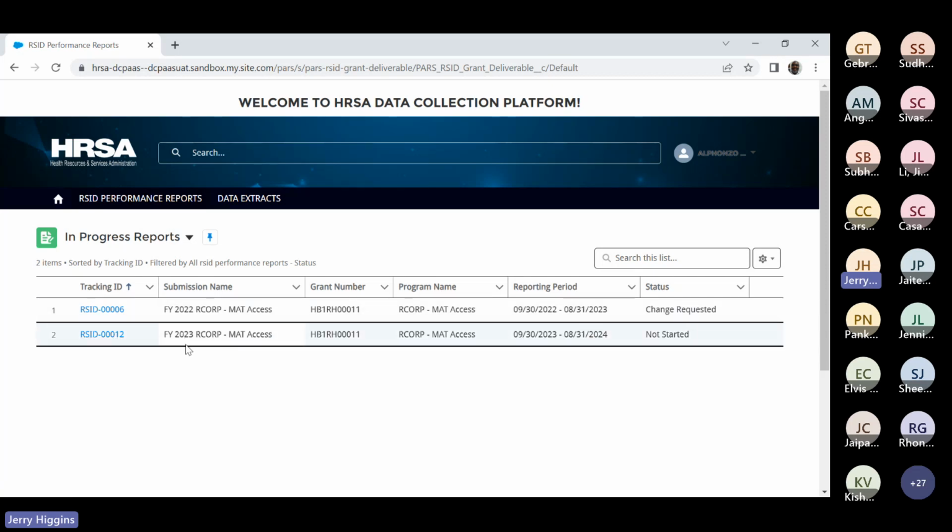This next column is the submission name, followed by the grant number, the program name, the reporting period, and then the status. We see that we have one with a status of change requested. That means that it's been submitted for approval once and the project officer sent it back asking for more information. And the other one has a status of not started. So let's open up the one that's not started first